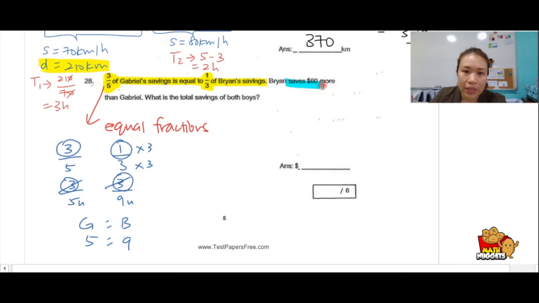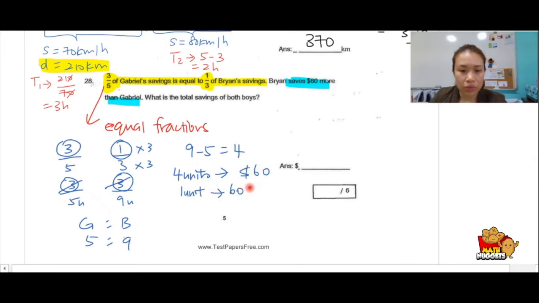The question tells us Brian saved $60 more than Gabriel. That is the difference between the two of them. So 9 units minus 5 units is 4 units. So we know that 4 units is the difference, which is $60. So 1 unit would be 60 divided by 4,